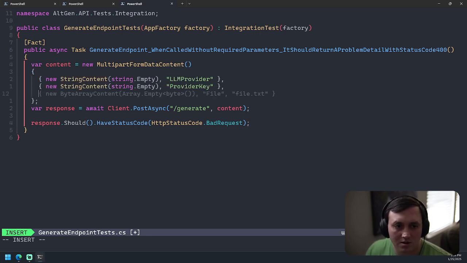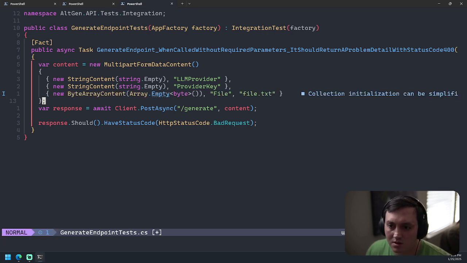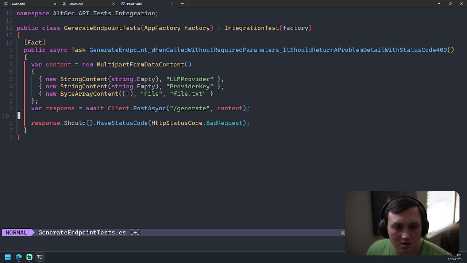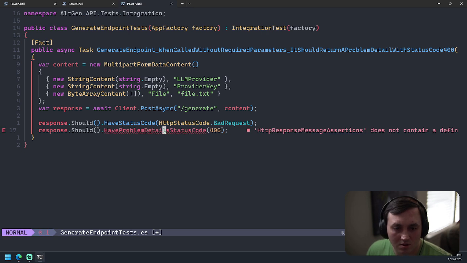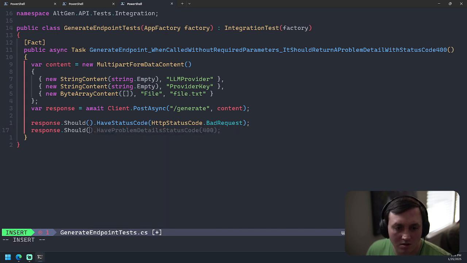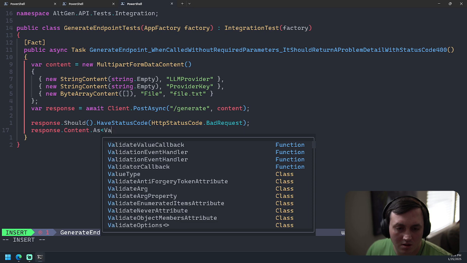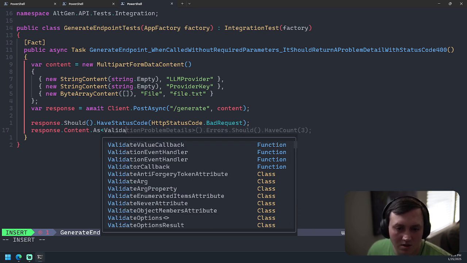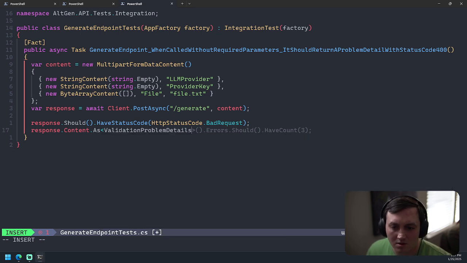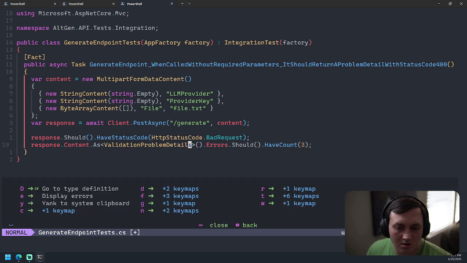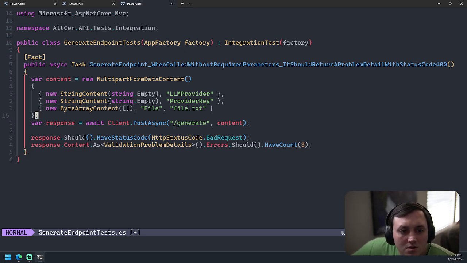Then I want to add... what? No test found.